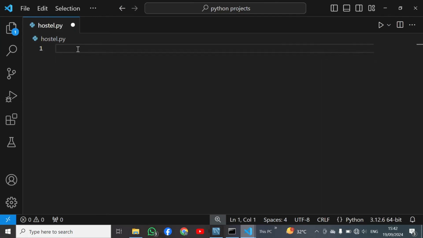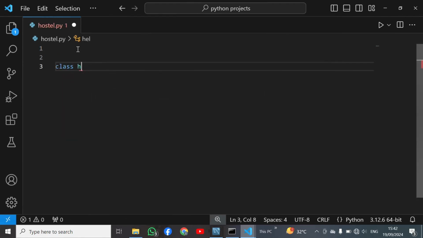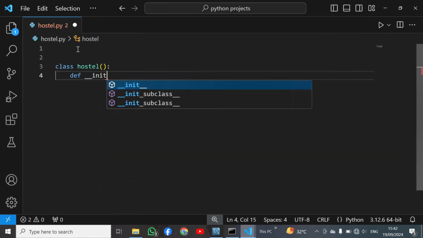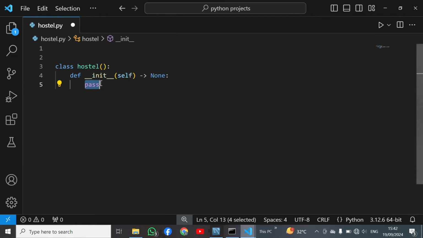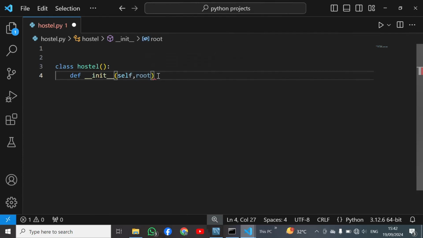So here I will start a class. Okay, class. So I will give the name Hostel to the class, and then I will use a colon. Now I have to define the constructor for this class. So here by using the def keyword, __init__. Okay, and then I have to pass two parameters. One is self and the other is root. You can use any other parameter instead of root, but in common practice we use root